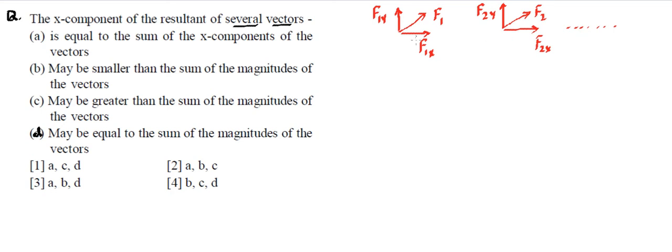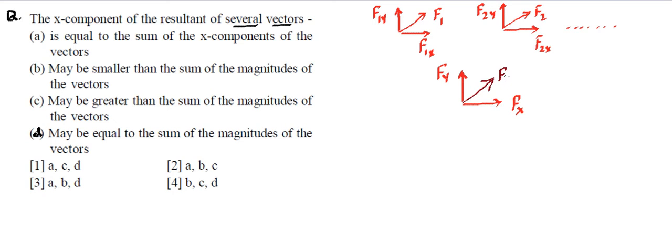Now, after we sum them up, we'll find there is a resultant force in this direction, indicating all the x components together. So it's going to be Fx, that means the resultant's x component, and collecting the y components together, we can claim this is going to be Fy, that means total y component. And then the resultant of all these vectors will be given by this. So this will be the resultant of all the vectors.